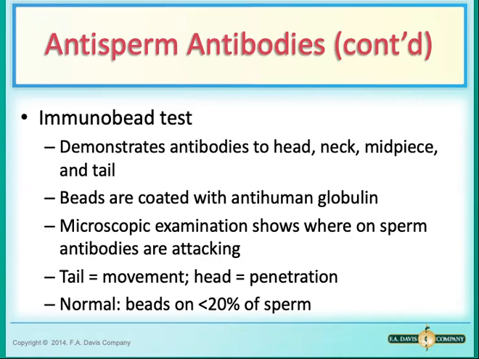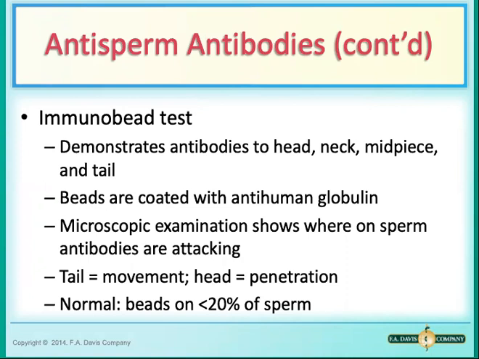Head-directed antibodies can interfere with penetration into the cervical mucosa or the ovum, whereas tail-directed antibodies affect the movement through the cervical mucosa. So when you use this immunobead test, the samples are mixed with polyacrylamide beads coated with either anti-IgG, IgM, or IgA, and you have to perform a microscopic examination of the cells that shows the beads attached to the sperm